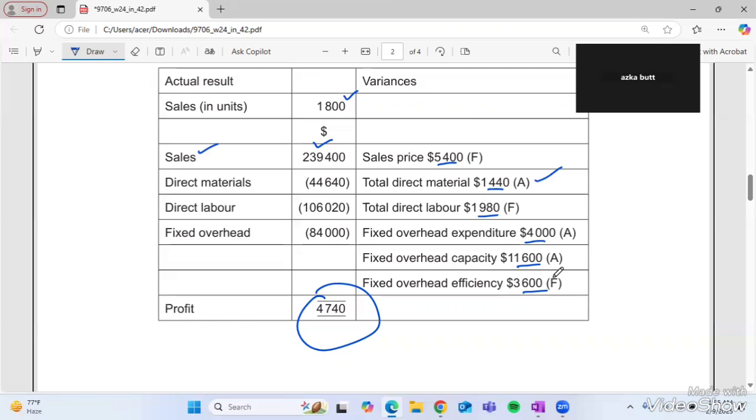So it means that company basically sold 1,800 units instead of 2,000. So we must adjust the budget accordingly. So the variance indicates which costs were higher or lower than expected. So since the actual sales and productions were 1,800 units, we adjust the budget figures for this new level of activity. Okay, so first of all,